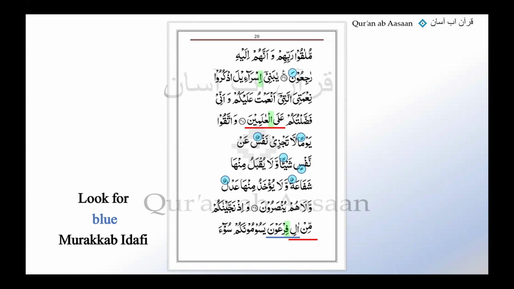Now, how did we know that this was a murakkab idafi again? Remind me. How did we identify Ali Firauna to begin with? That it was a murakkab idafi, when we could see Firauna. What was the case sign for this? What type of noun is Firauna? Yes, Maryam type noun. We identified it because of the single haraka at the end. And then because of our practice, we realized that, because of this no al, no tanween possessed noun at the back, the nasb would be dropped. It would appear both in nasb and jar as Firauna. But then with nasb, we would cut the nasb and it would be jar to be the possessor of this no al, no tanween possessed noun, Ali.